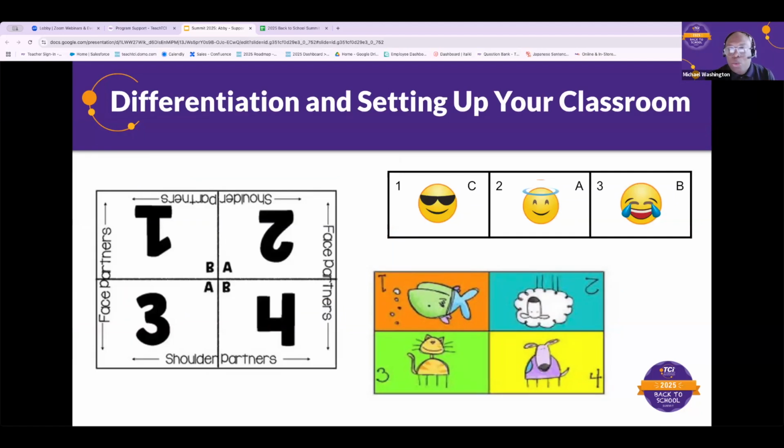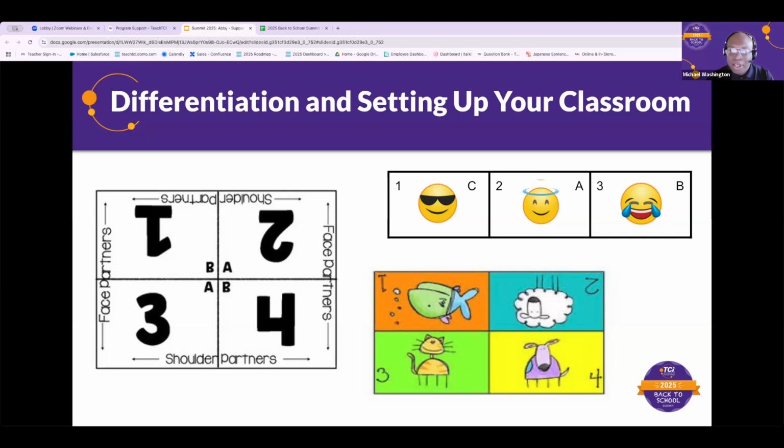I think also one thing that I would like to share is that we don't always think about how we set up our classroom as a way to differentiate. And that is something that I learned in the classroom and was really helpful for me. So these are just some examples of table labels that you can use to help students differentiate as far as how you decide to set students up and when you want to partner students up in your classroom. I know that sometimes in classrooms you have tables, maybe you have desks that you want to label.